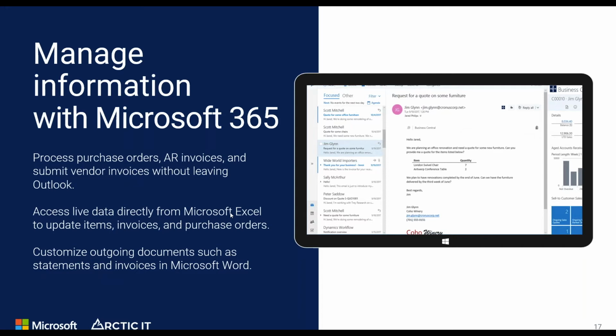And again, when we talk about those most commonly used productivity apps, Outlook and Excel being key components of that, not having to leave those applications to be able to interact with your Dynamics 365 data. Here's a screenshot of the D365 add-in for Outlook. So you get an email from a customer, an email from a vendor, right without leaving Outlook, being able to see if it recognizes that contact as belonging to a vendor, being able to see your vendor balance,